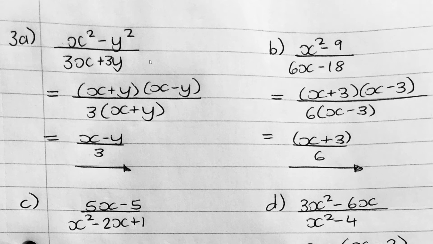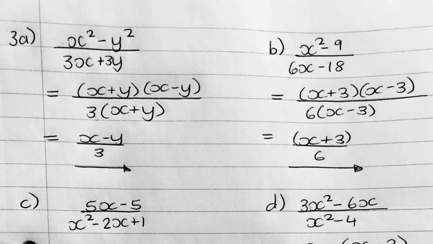Alright, question 3, here's my numerator. I can't take out a highest common factor, but it is difference of two squares. I've got two perfect squares and a subtraction, so I open up my two brackets, one positive, one negative. The square root of x squared is x, the square root of y squared is y. Then my bottom part, I've got a 3 as a highest common factor, which I can take out, and then I'm just left with x plus y. The x plus y's cancel,